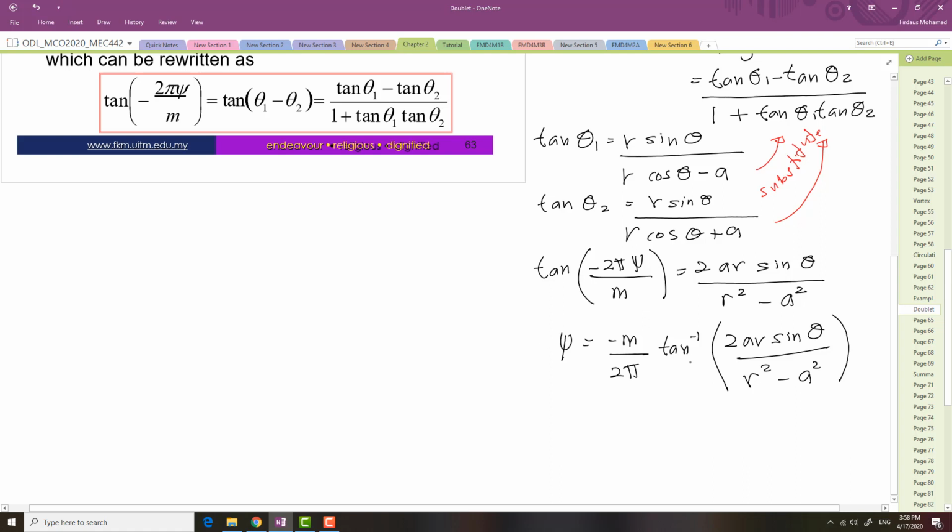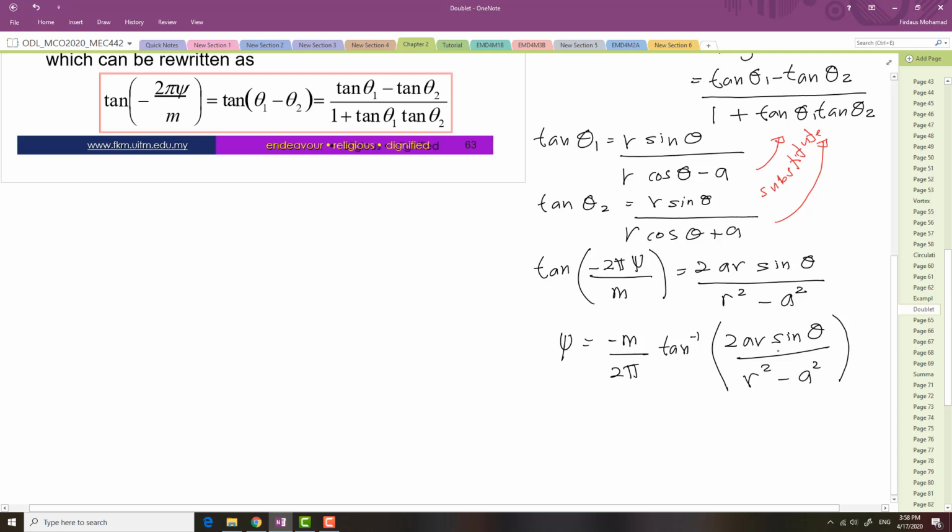Okay, so this is obtained after you apply the trigonometric identity, find tangent theta 1 and tangent theta 2, simplify, and then you get this equation. However, this equation can be simplified, because